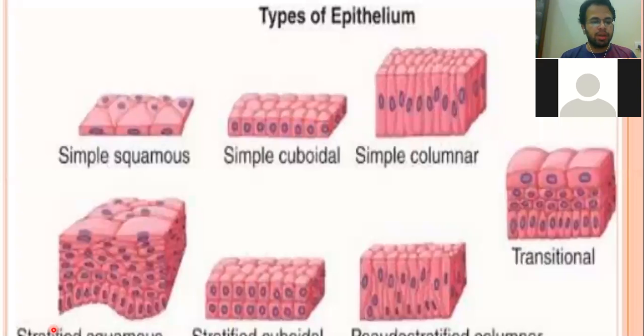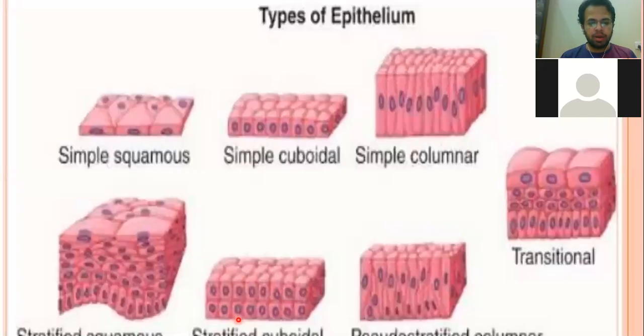So therefore you are saying that this is a stratified squamous epithelium, right? You can see this is a multiple layer, and these multiple layers are of different shapes, right? But the top layer shape is the squamous shape. So we have named that epithelium, stratified epithelium, as a stratified squamous epithelium. I hope it is clear to you right now. It is clear to you now. बहुत आसान सी बात है ये, कि टॉप लेयर को देखते हुए आप सिर्फ नाम देते हैं स्ट्रेटिफाइड एपिथेलियम का।